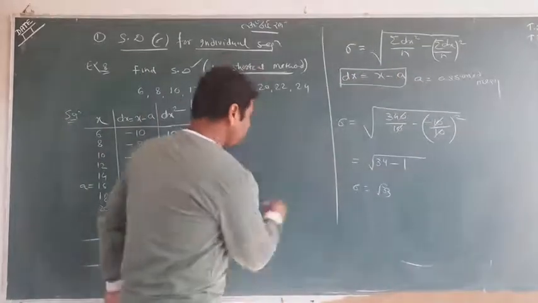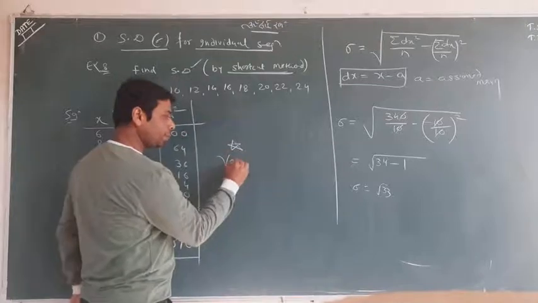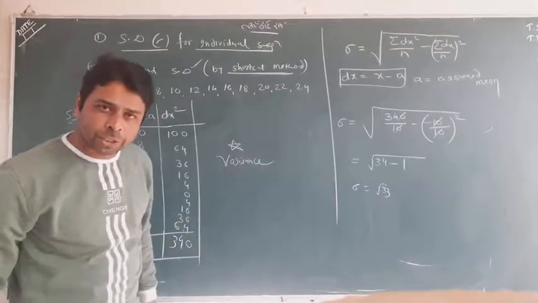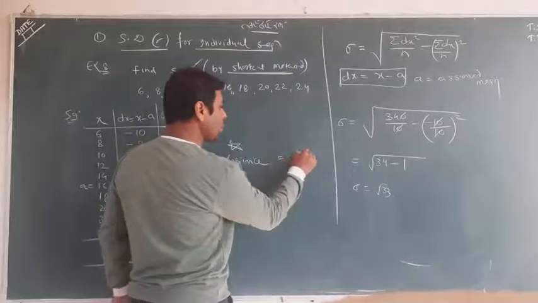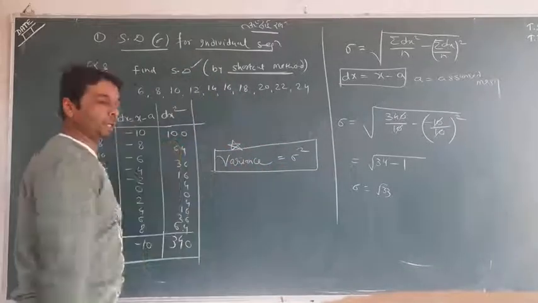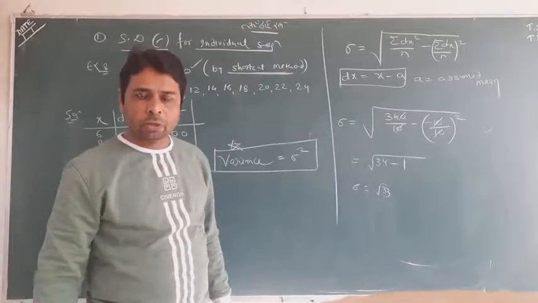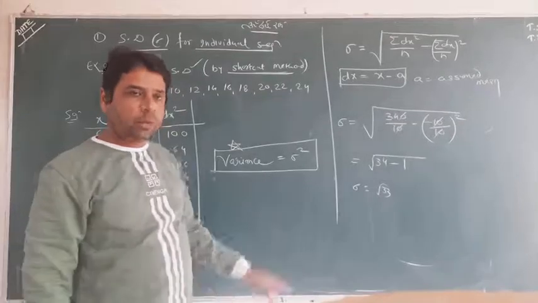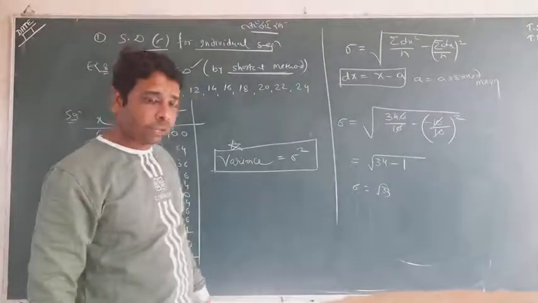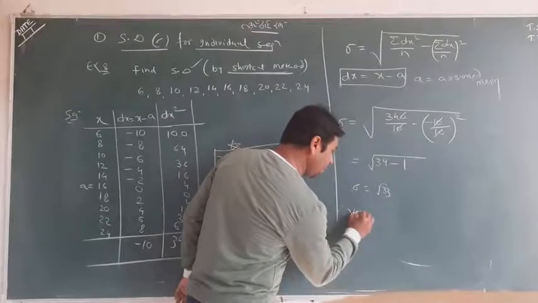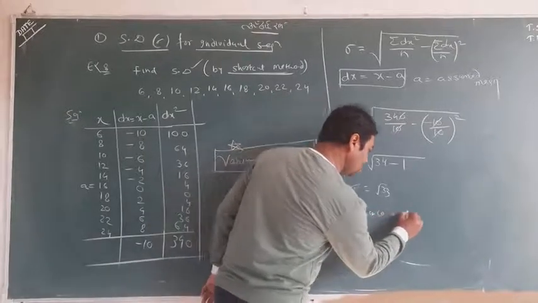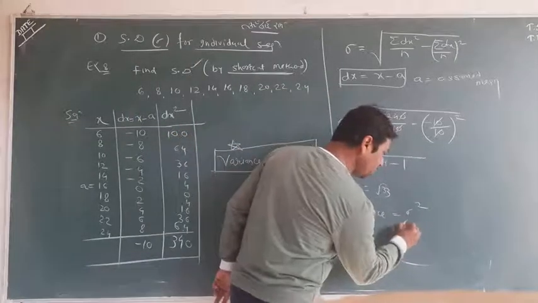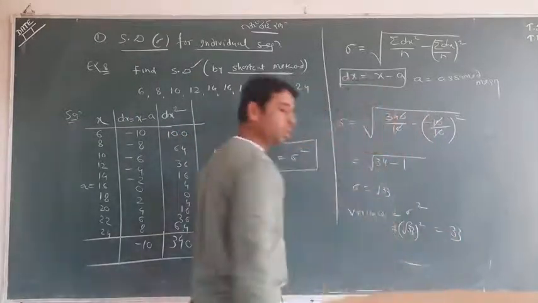One thing which I want to write here: if you are told to find the variance of the data, it is actually the square of the standard deviation. Keep in mind, square of the standard deviation. So in this 8th example, only variance was asked, but I only mentioned the standard deviation, and afterward the variance will be the square of the standard deviation. In this sense, root 33 square, 33 is your answer.